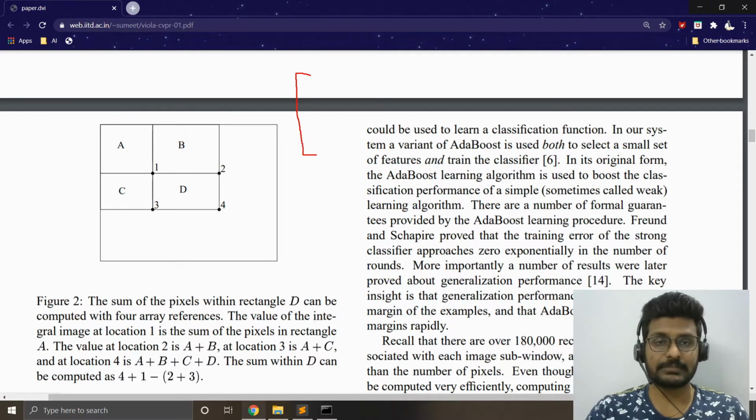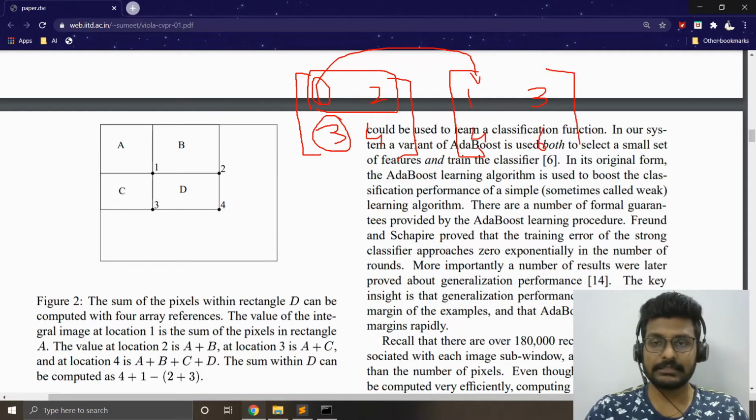example. So this is my input image. It's going to be like 1, 2, 3, and 4. Okay, so when I create an integral image, it's going to be something like this. So one will be the same, so there will be no difference. For this particular value, I'm going to add these two elements together, so it's going to be 3. And for this element, I'm going to add this element and this element, it's going to be 4. And for this value, I'm going to add 1, 2 plus 3, so it's going to be 6. So likewise, this integral image is going to be created.